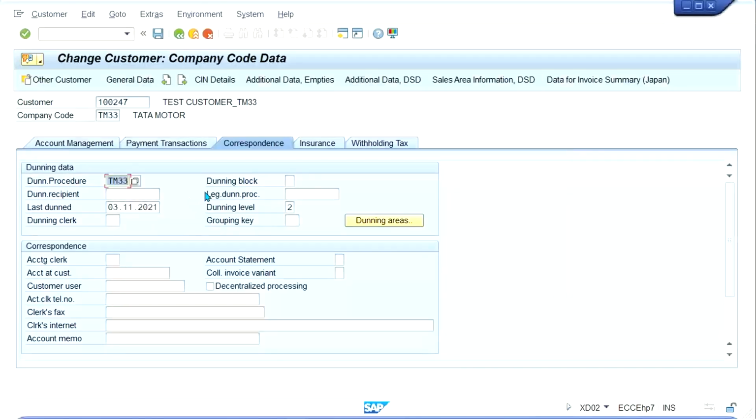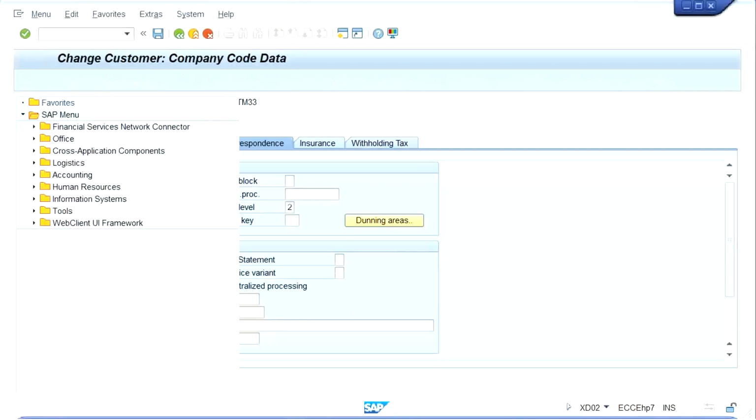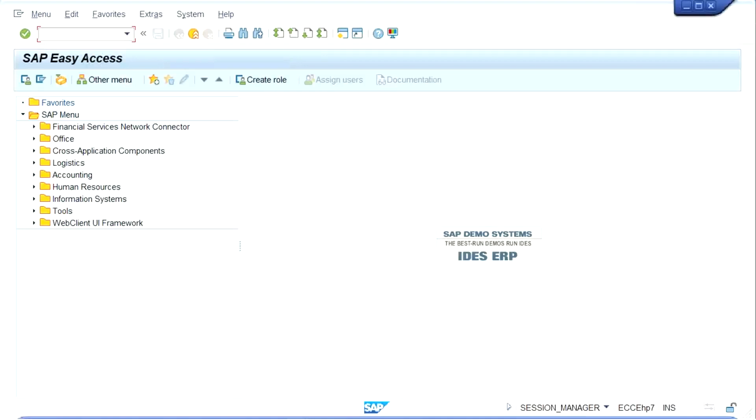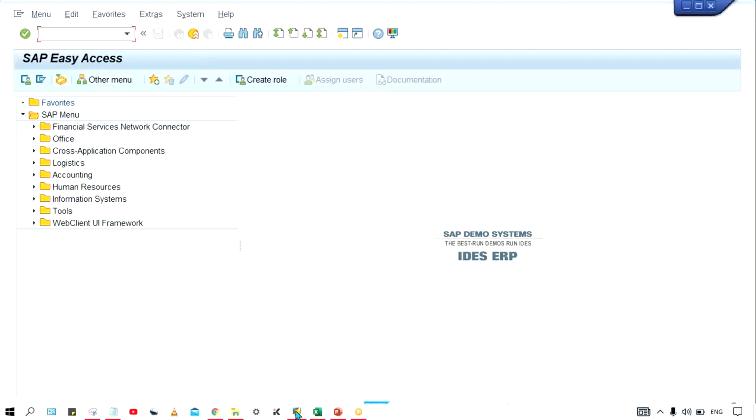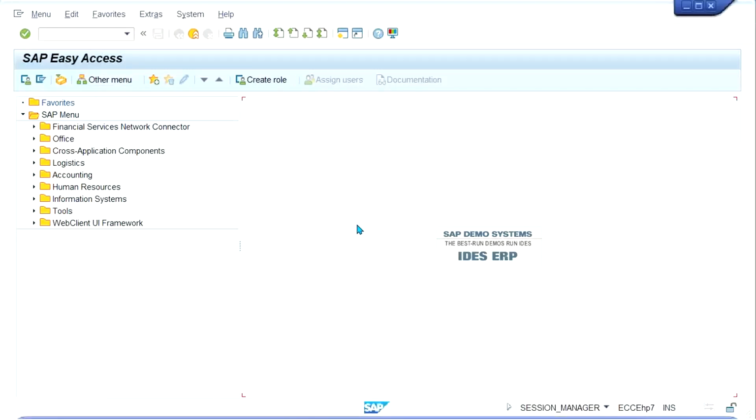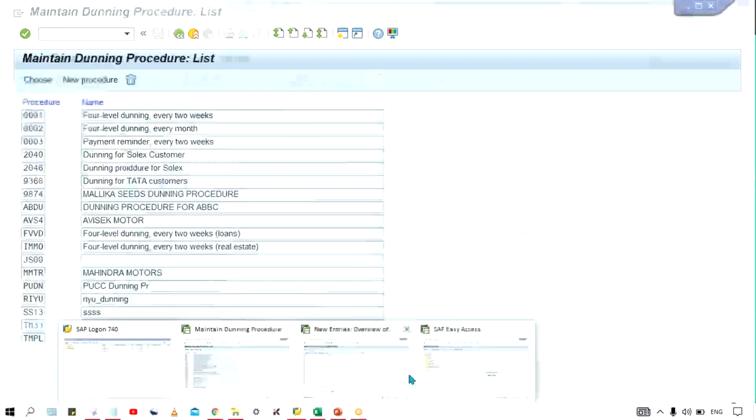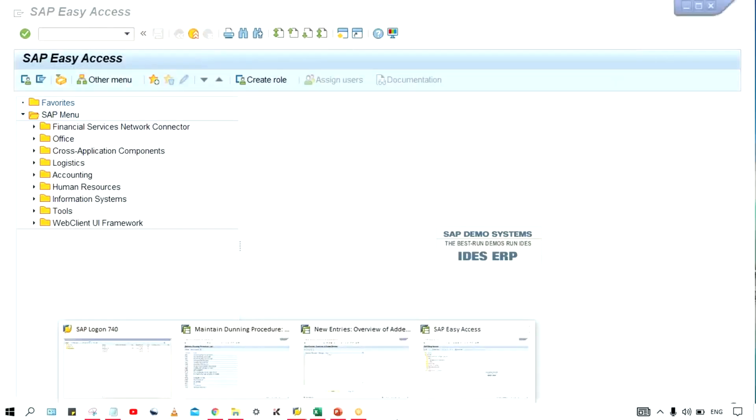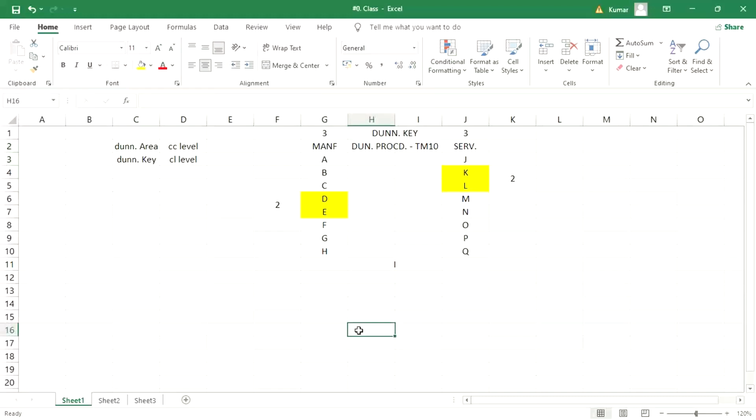Okay. So now we have created the Dunning key. Now here it is not there. So why is it not there, guys? I'll tell you. At customer level also, generally it doesn't happen. But why is it not there at customer master level? The logic behind it is that there might be a 1% chance that for a single customer itself,